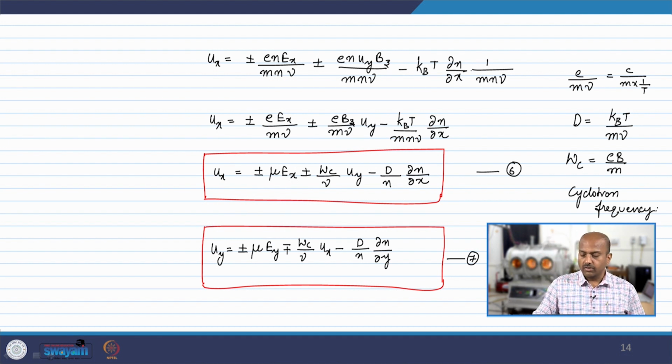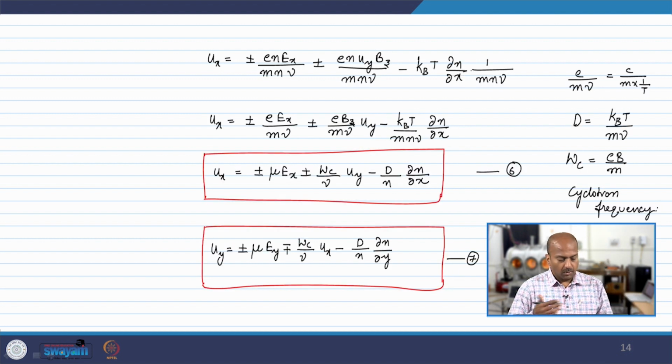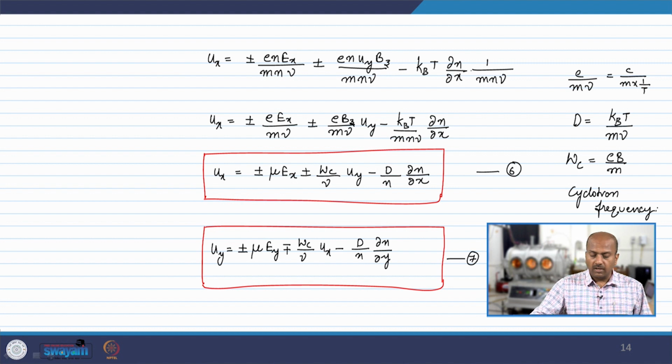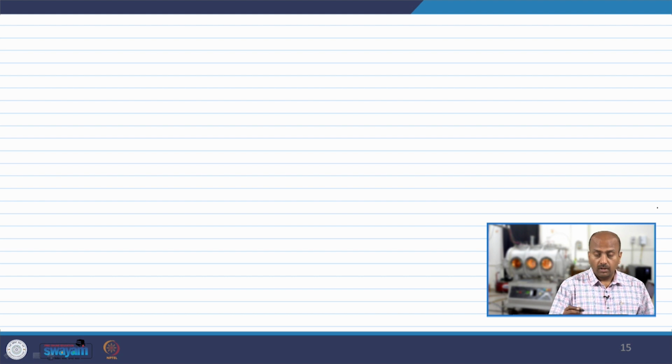Now, we have to solve equation number 6 and 7. Okay, that is the main task. This is simple algebra, you can solve it by yourself. You just have to substitute one term into the other and make some changes, you will get the form anyway. So, the task is to have, in the ux equation, no uy, and in the uy equation, no ux. So, you have to decouple these two equations and then you will get a solution of this form, which is